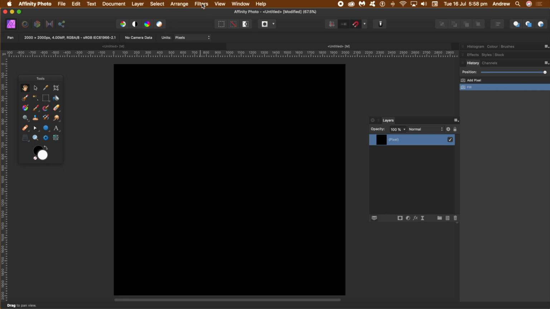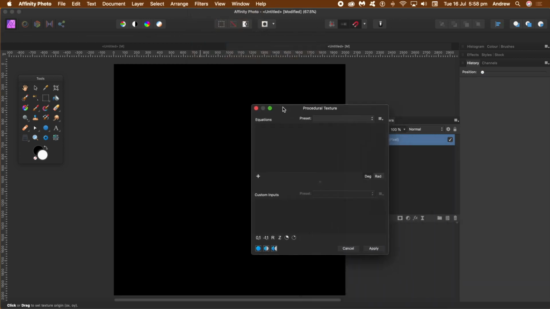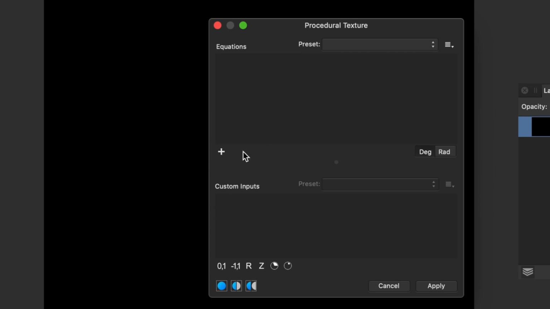and Colours and Procedural Texture. Go there and then just zoom in a bit so I can see that. Now click the plus so you can get an equation. Select the R and G and B and go over to the 0, and what I'm going to use is